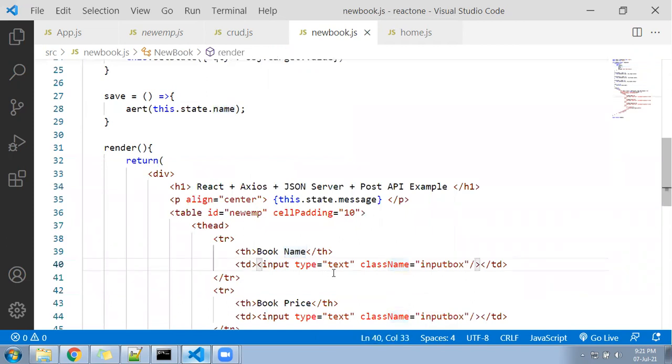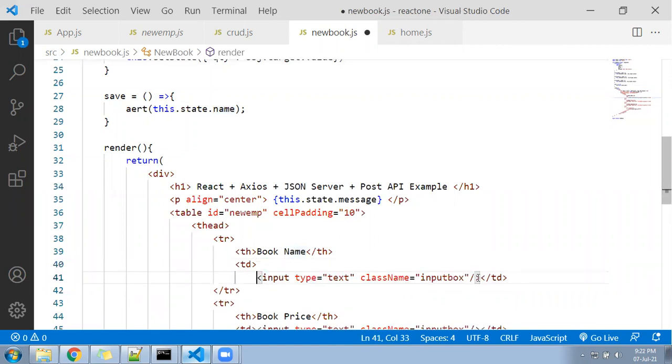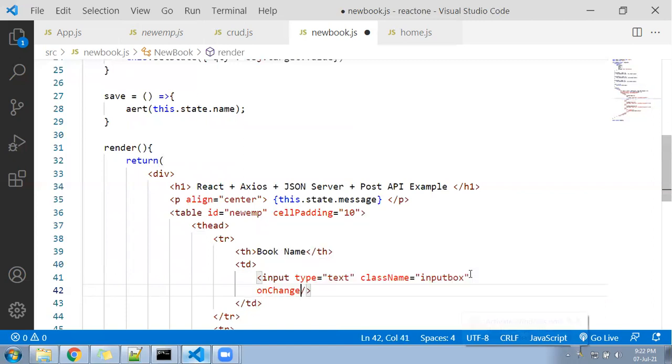This is your first text box, right? For this, you need to call onChange equal to this dot process name.